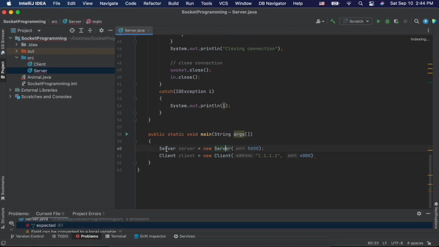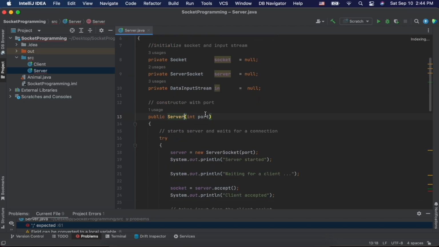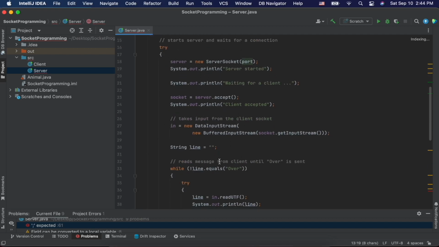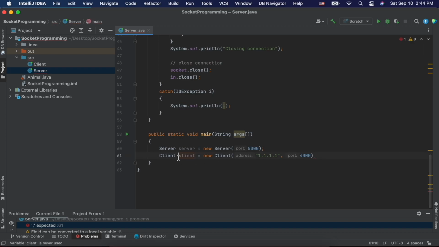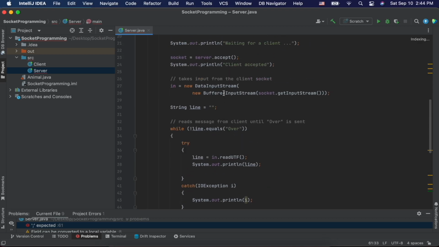For example, the server class is in the same file, so if I go up, I will see where server is defined and what it takes. It takes a port here, and I can see what is happening with that port. But for client, I don't have the client in the same file. If you work with many files and you want to check what is included in the class you're using, whether it is internal to your project or an external Java class, such as BufferedInputStream, which is not part of our project, but we use it